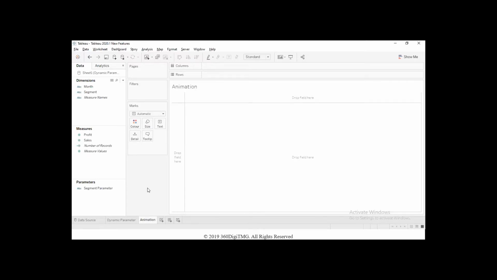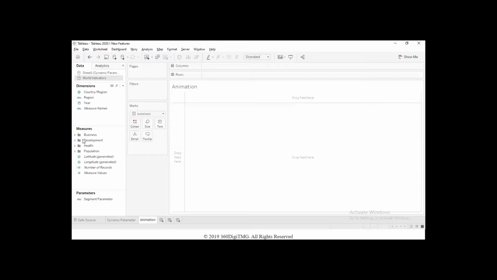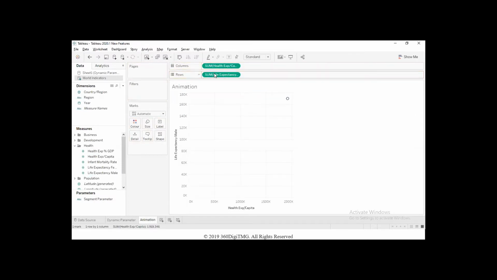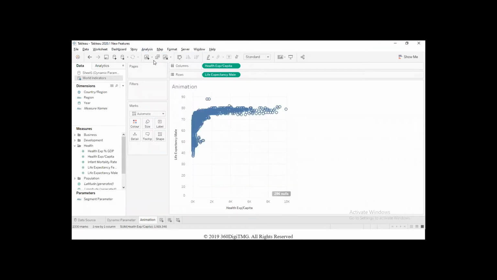So we will use the animation chart or the motion chart that we use in Tableau training, in our regular training, whatever we create under the custom charts concept. We will be recreating the same chart and see how this new animation feature is going to enhance the visualization further. So I will get connected to the world indicators data and create the chart where we look at the health expenditure per capita versus the life expectancy of a person, in the form of a scatter plot. And we will have to disaggregate the data to get a complete understanding about the data. And we'll take region to the color shelf, right?